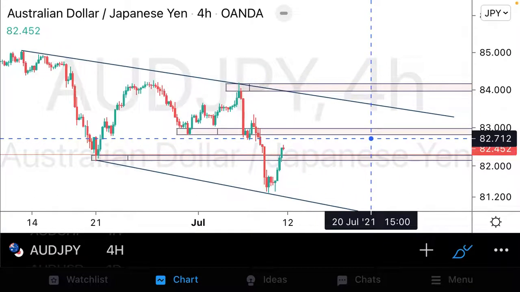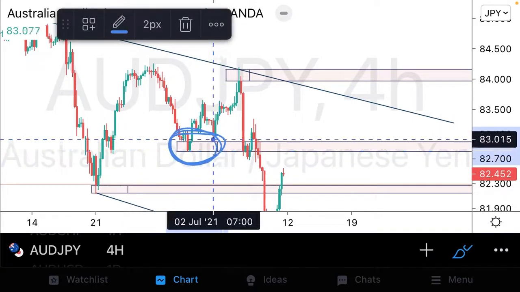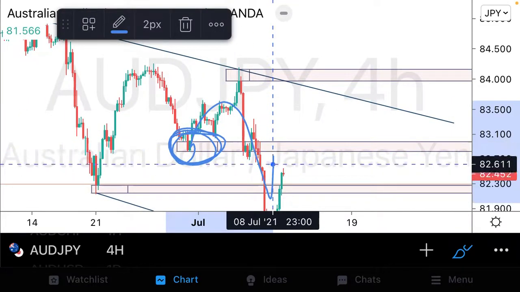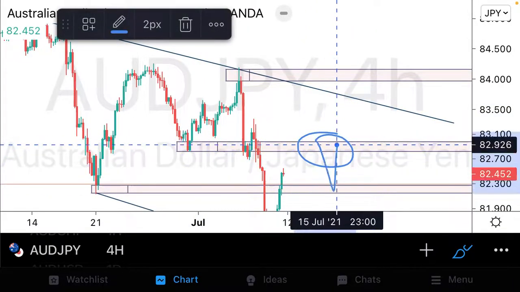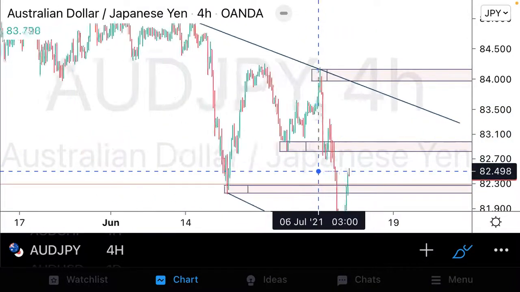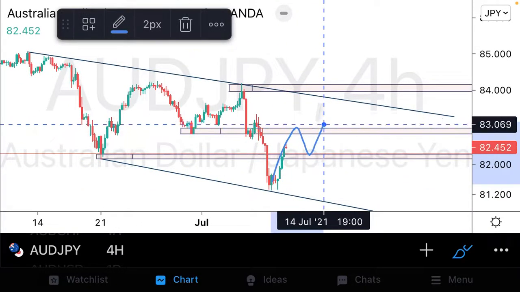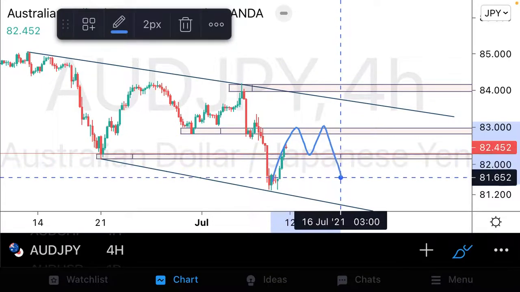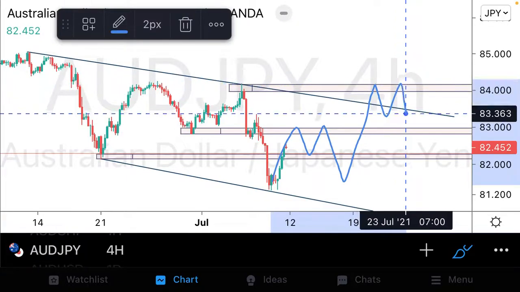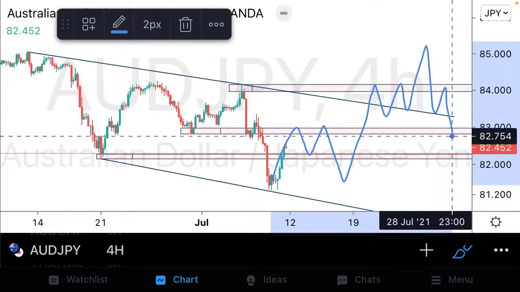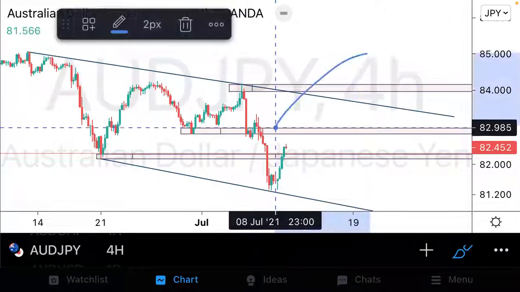So what we will be doing on AUDJPY, guys, is we will be looking at previous support structures that have been violated to the downside for a possible retest for some downside continuation of price. One of the setups that we will be looking for is for price to either terminate within this area here. If we don't see price terminating within this area, we will look to see price terminate at our important resistance area. That is an area where we will be looking for some downside continuation, looking to trade in the